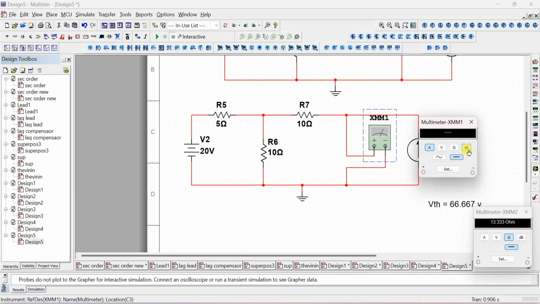Now I want to use it as an ammeter. You have to connect. This is a short circuit. You can short circuit this, and you can use the multimeter as an ammeter, and it should be in series with this. So now let me see what the short circuit current is here. I am running this. Here you are getting